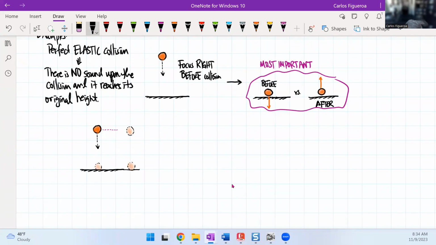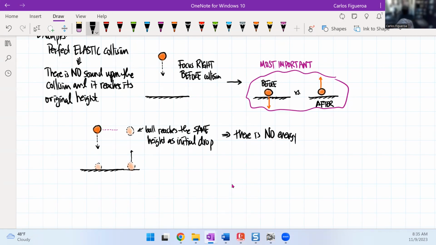And you could see that the ball reaches the same height as the initial drop. So what that tells us here is that there is no energy loss